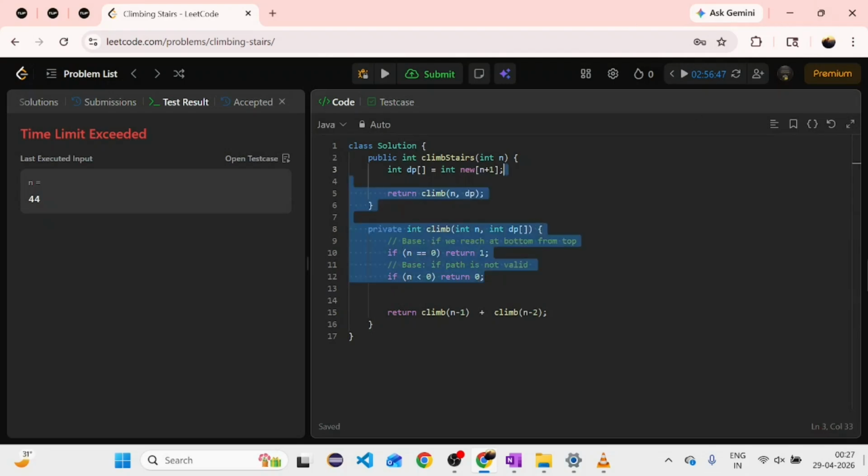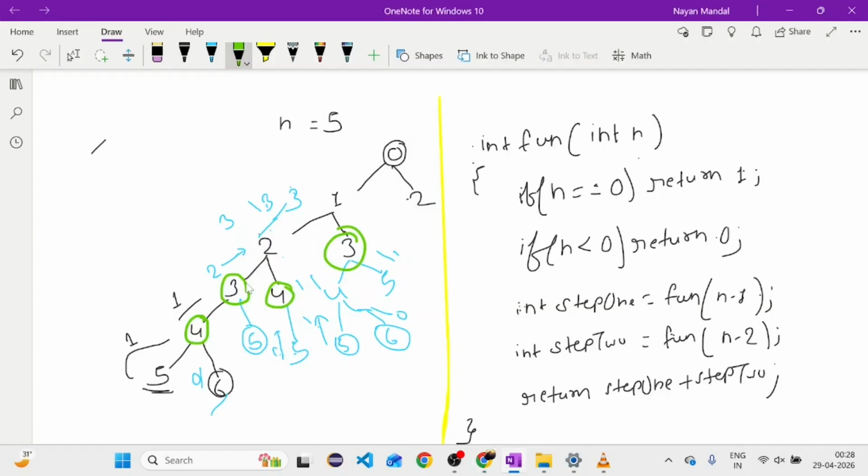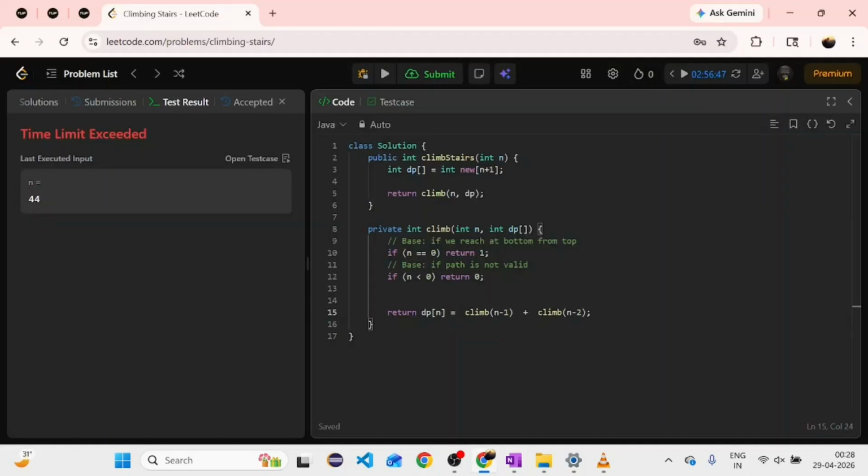Firstly, I will store that we are getting the nth minus 1 step plus the nth minus 2 step. If we are at place 3, we know that if I take 1 step I will go to 4, or if I take 2 steps I will go to 5. So out of the 2 steps, whatever the maximum path we can get, definitely I will store at the nth place.